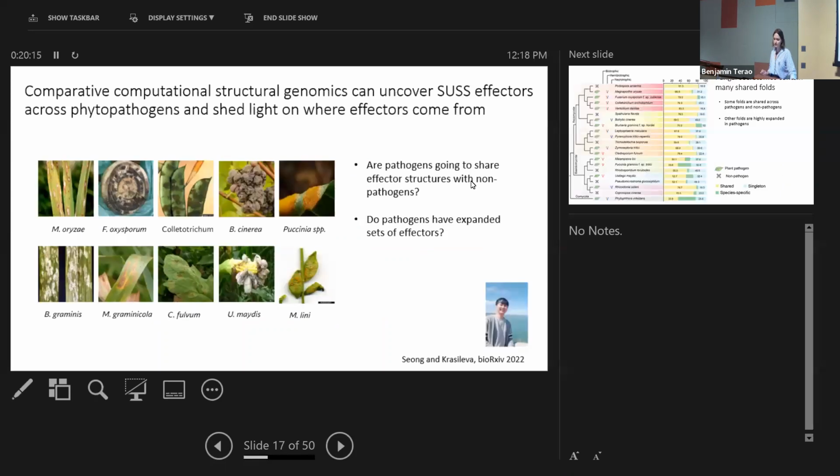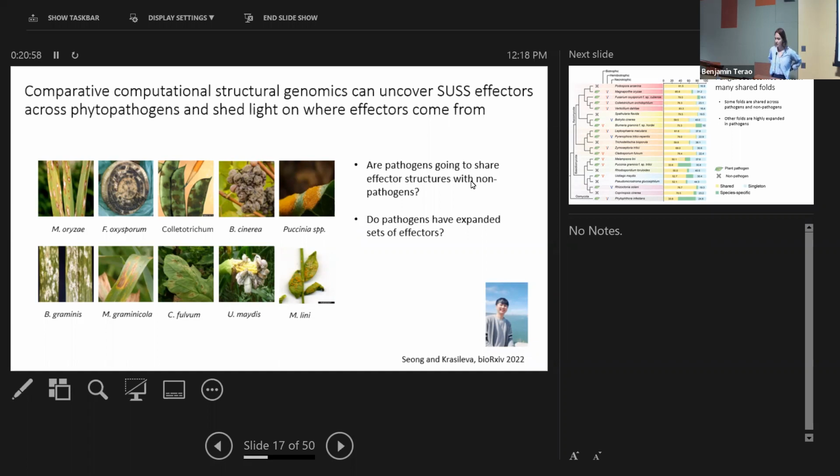What he then did next, he said, well, let's now move on to comparative computational structural genomics. At that point, he switched to AlphaFold 2, again installed it on the cluster, and ran secreted proteins from 26 different fungi that included both pathogens and their close non-pathogenic relatives, as well as some yeast and oomycete that's unrelated to fungi, to answer 2 main questions that were really